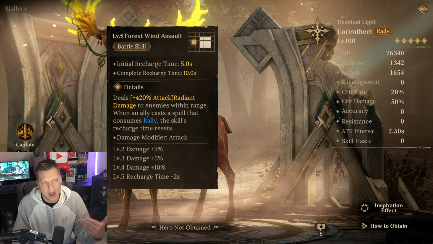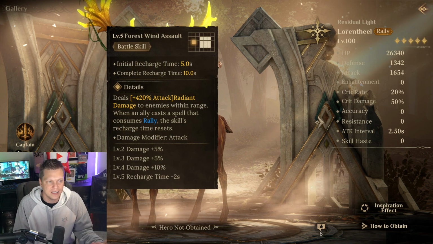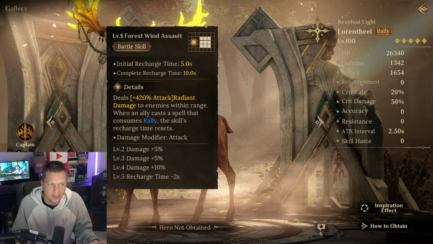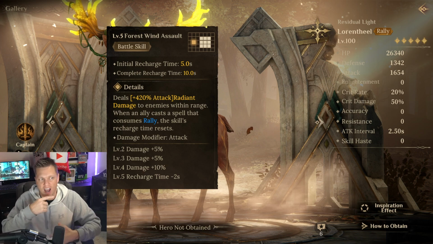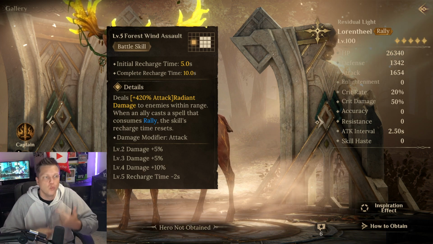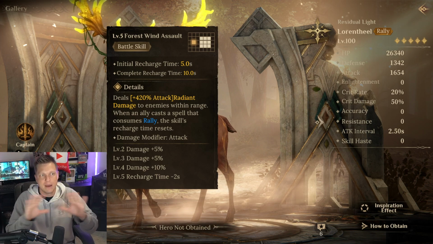Then we have the battle skill right here. We're going to do radiant damage to enemies within range, and when an ally casts a spell that consumes rally, this skill recharge time resets. So you can just kind of sit there and constantly pop off with this battle skill, dealing damage there in front of Loair